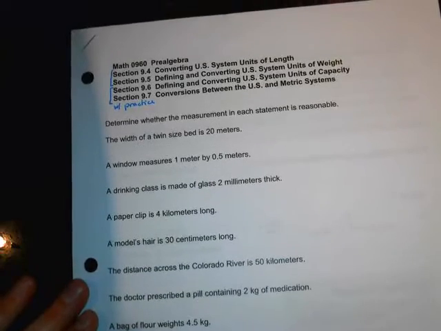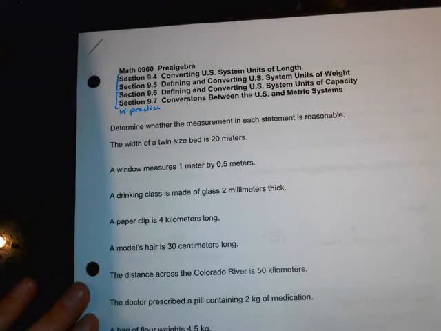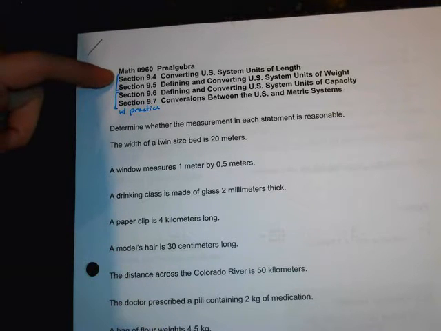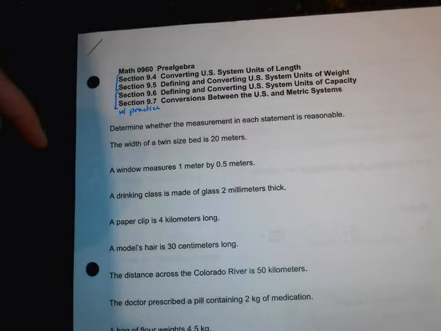I gave this to you guys before we parted ways last week. What I wanted to do today is talk about this first section and then just make a short video on section 94 and 95, and then make another video for Wednesday on 96 and 97 with some practice, and then make another video for Wednesday that has a little bit of temperature conversion with some practice on it. All right, so there'll be a couple short videos. It'll look like there's a lot of them, but I'm going to try to make them short.